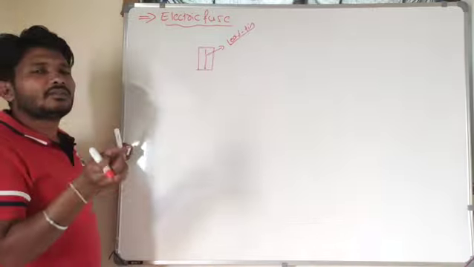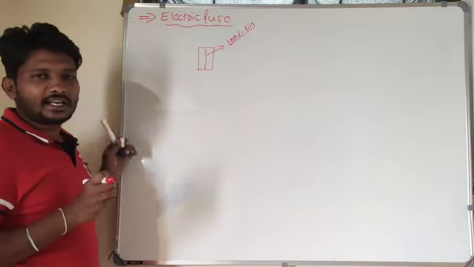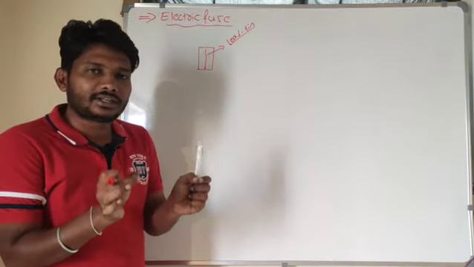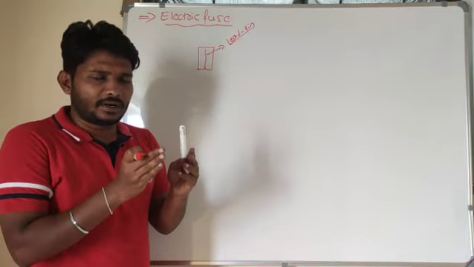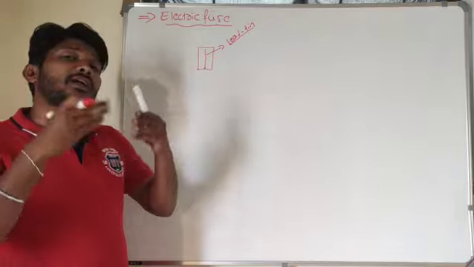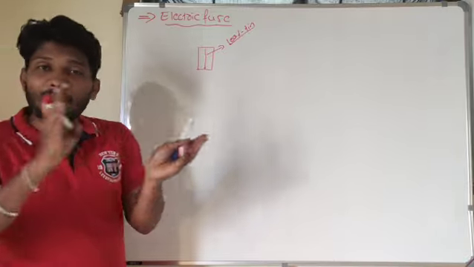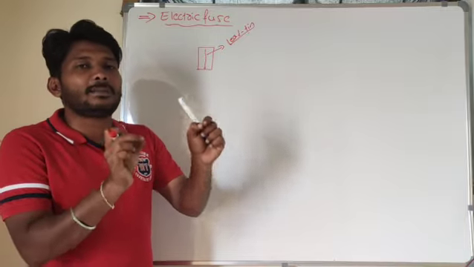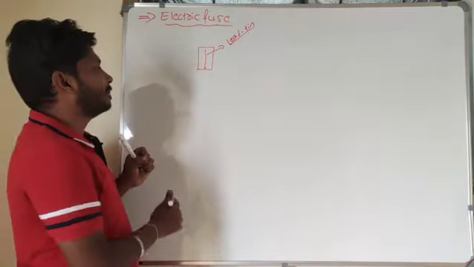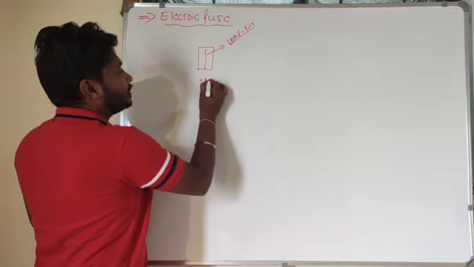So what's the role of those electric fuses? I need to understand here. These electric fuses will protect the electronic appliances. For example, from the main source, if the voltage exceeds, or a large amount of current suddenly appears in the circuit, then those electronic appliances will get damaged. For example, the specified voltage is 230 volt.